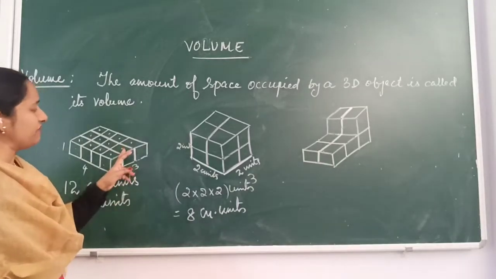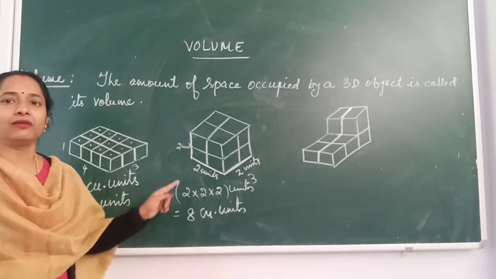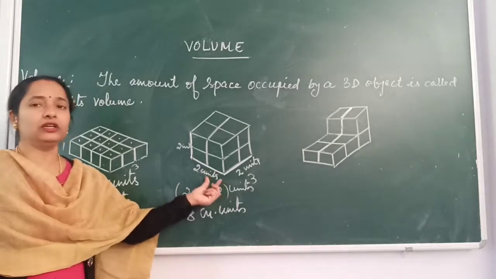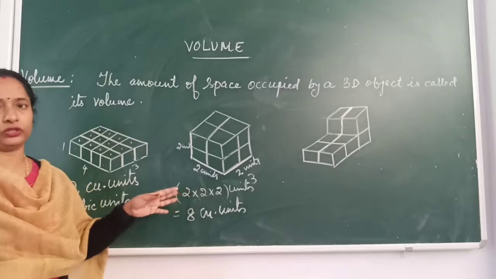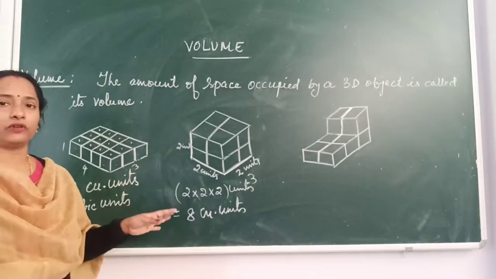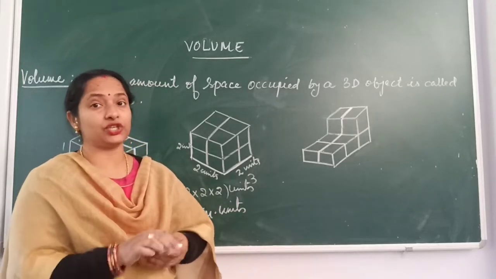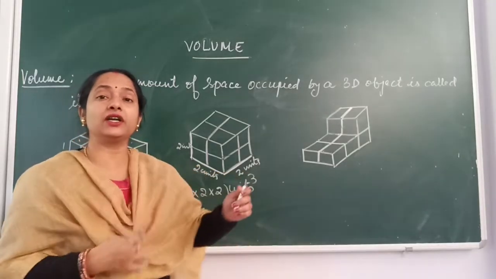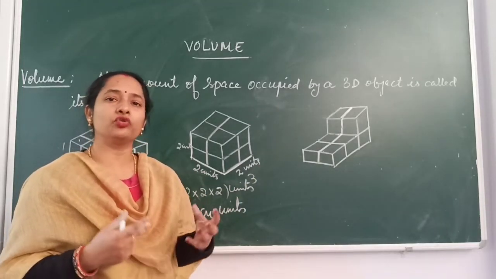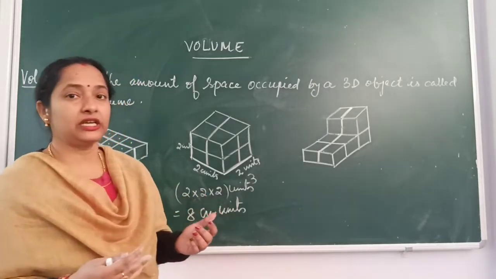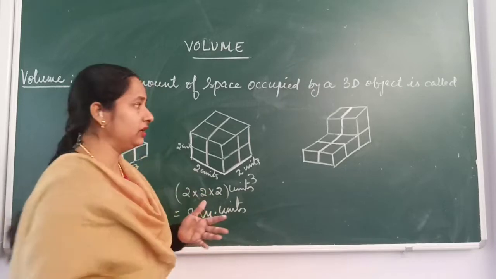Next, when we are having a cube and a cuboid, we can follow this method by multiplying the length, breadth and height of the given cube or cuboid. By multiplying them you can find the volume. But here in this case, what will you do? Here you have to go for your imagination. Already we have learned the different perspective views of an object, and we know how to view an object and try to imagine the hidden part of the given object.